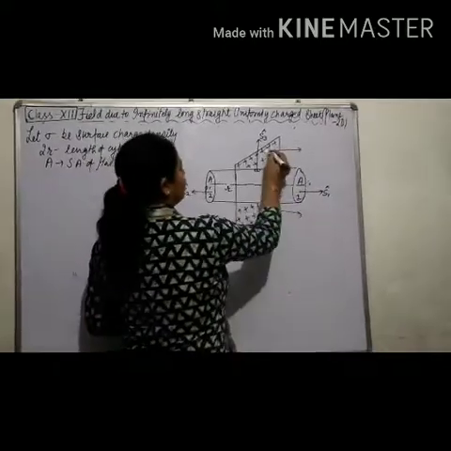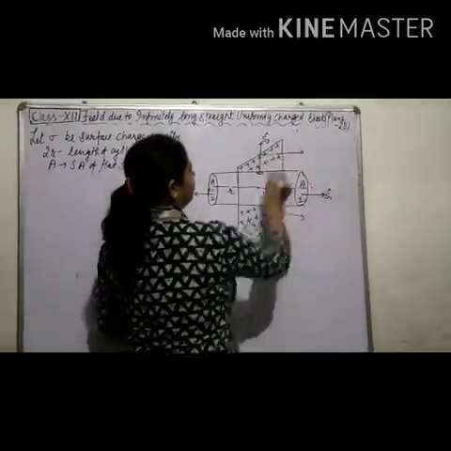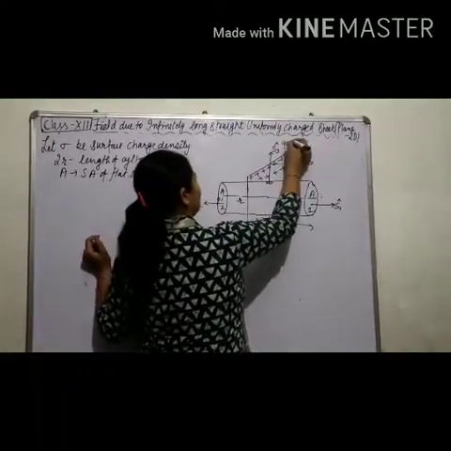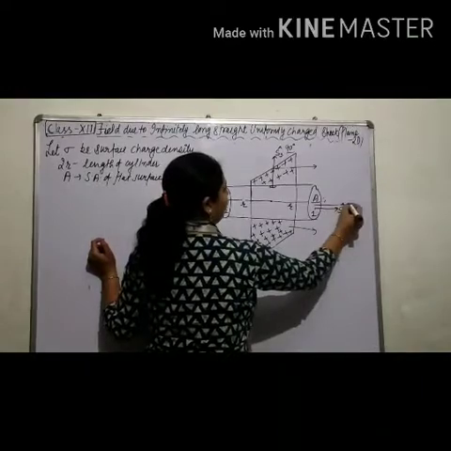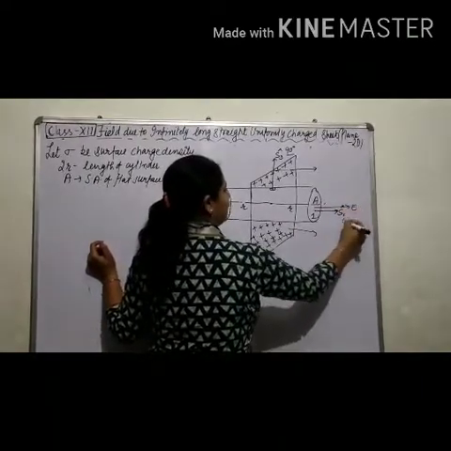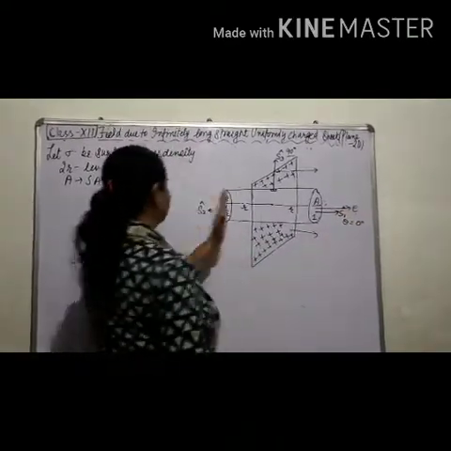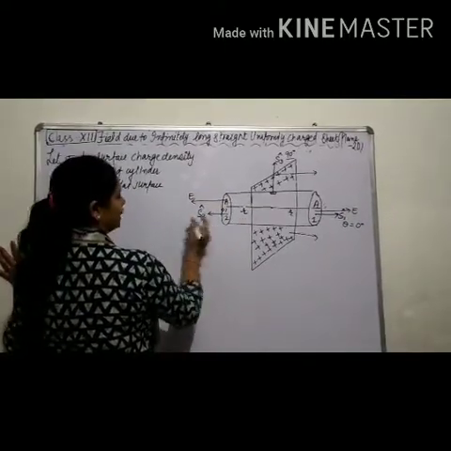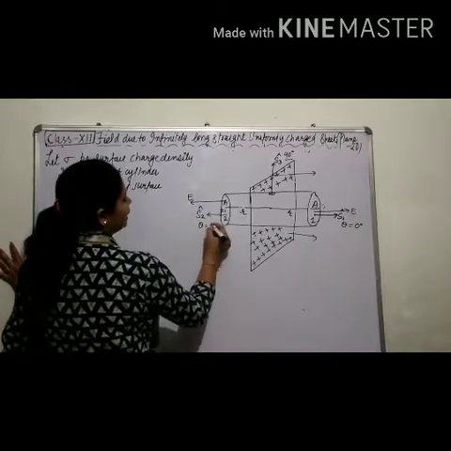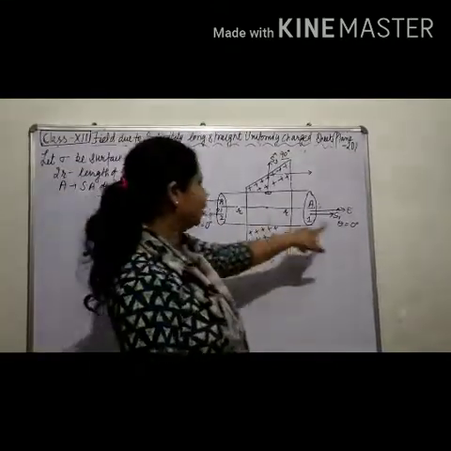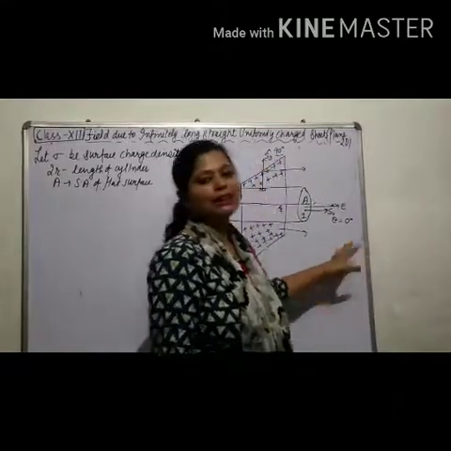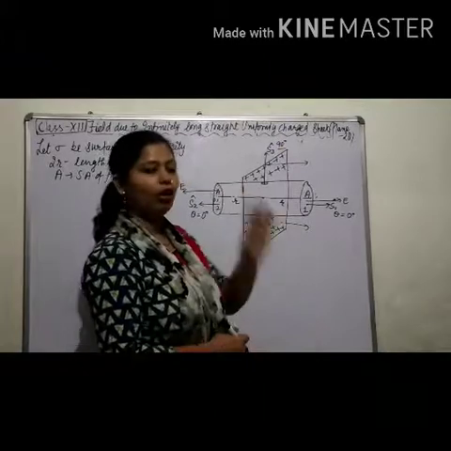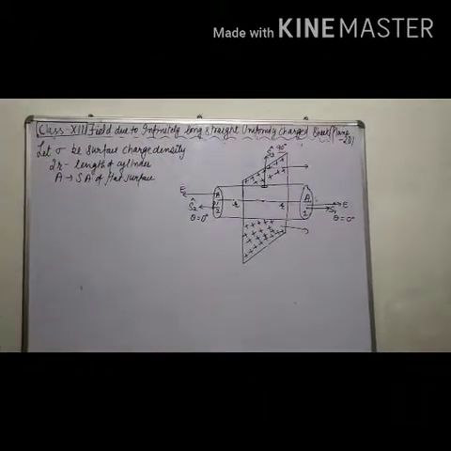But for this one, the electric field is along right and the area vector is along upward, so theta will be 90 degrees. For this, the electric field is along the same direction, so theta will be 0 degrees. For this, being positive charge, the electric field and area vector are along the same direction, so theta will be 0 degrees. So theta 0, theta 0. These two surfaces will contribute in flux. But being theta 90, it will not contribute in total electric flux.